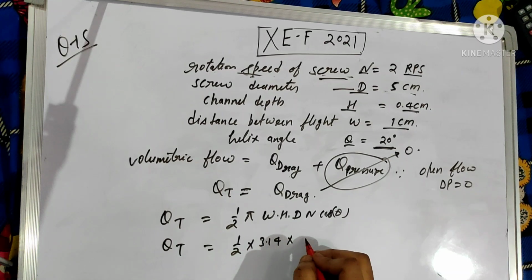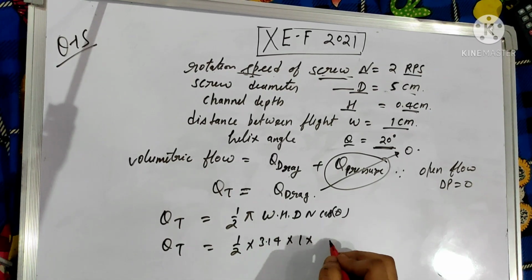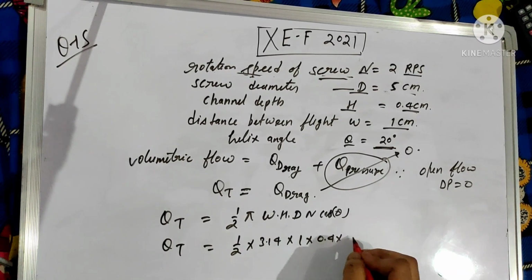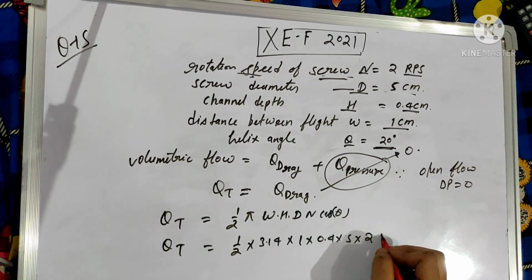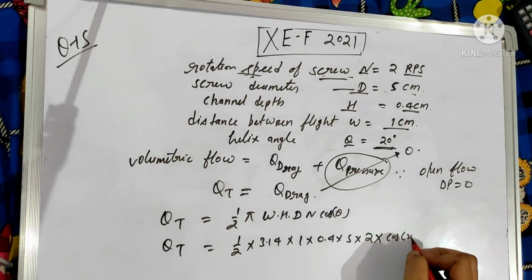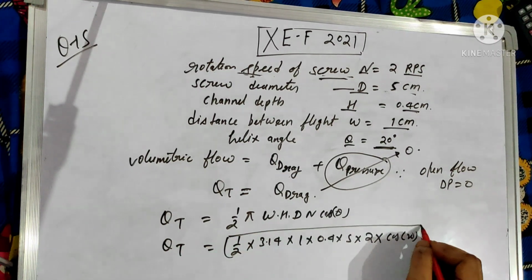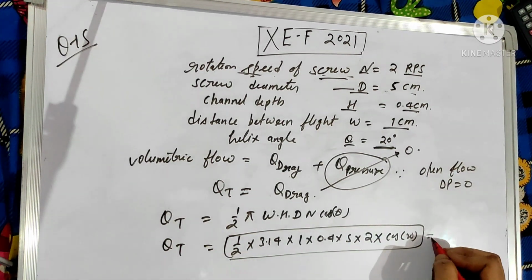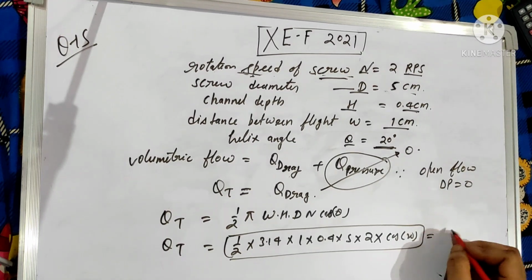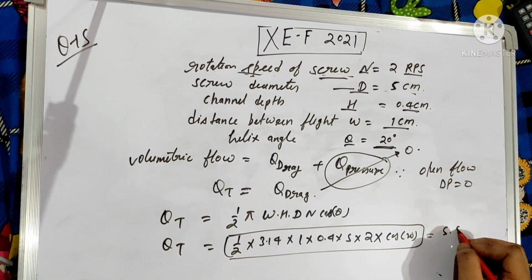Then the volumetric flow of the extruder is equal to 3.14 into W given that 1, H given that 0.4, D given that 5, N given that 2, and cos 20. After calculation you get volumetric flow is equal to 5.9